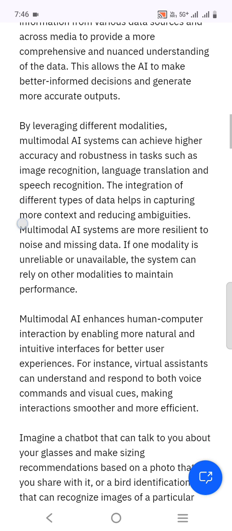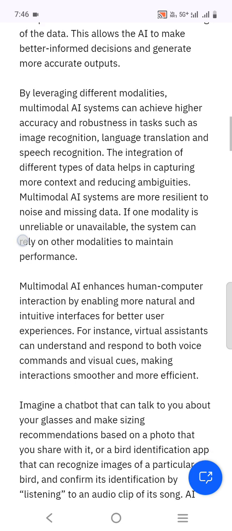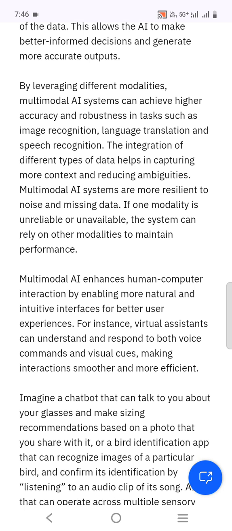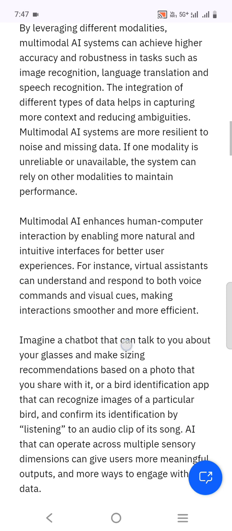The integration of different types of data can help in capturing more context and reducing ambiguities. Multimodal AI systems are more resilient to noise and missing data. If one modality is unreliable or unavailable, the system can rely on other modalities to maintain performance.